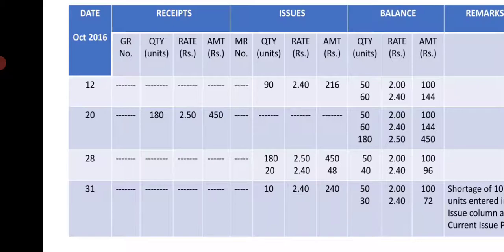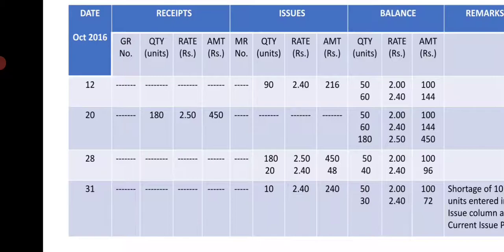So the balance will be, the oldest balance is 50 units at the rate of 2.00. So 50 into 2.00. So next is 60 at the rate of 2.40, 144. Next is the purchase 180 units at the rate of 2.50, 450 rupees. So next transaction is on